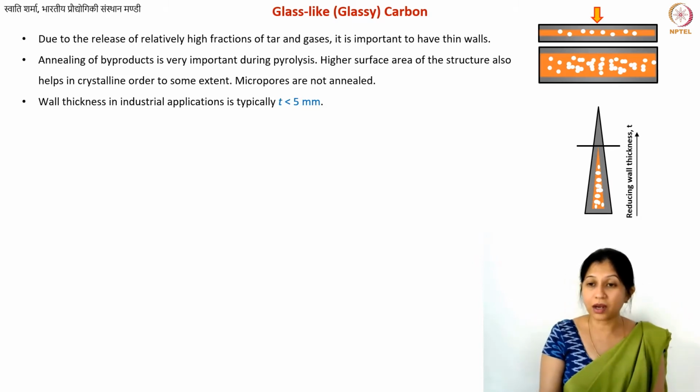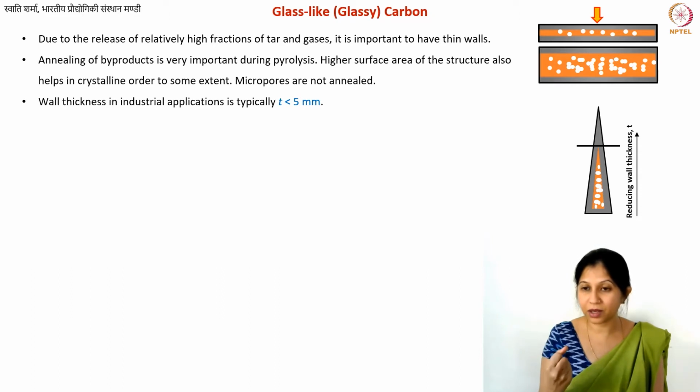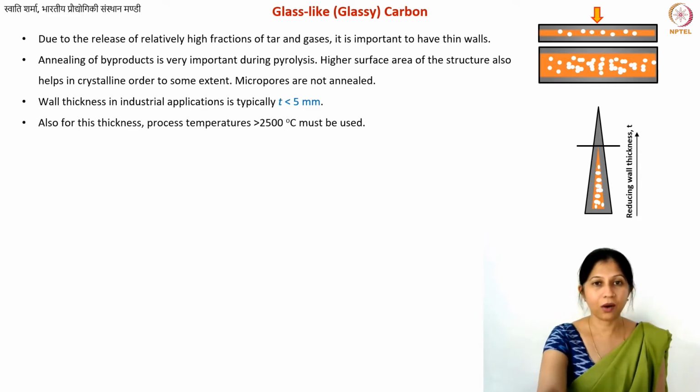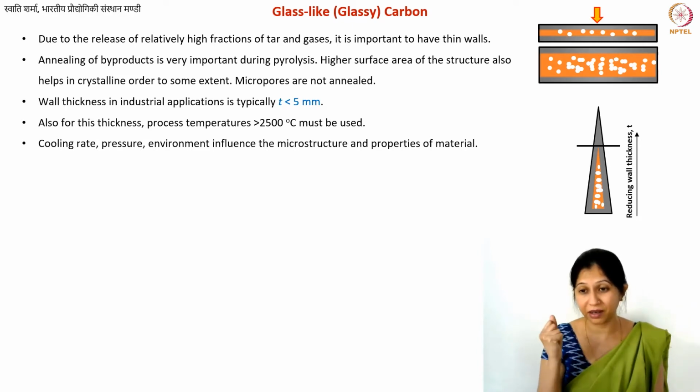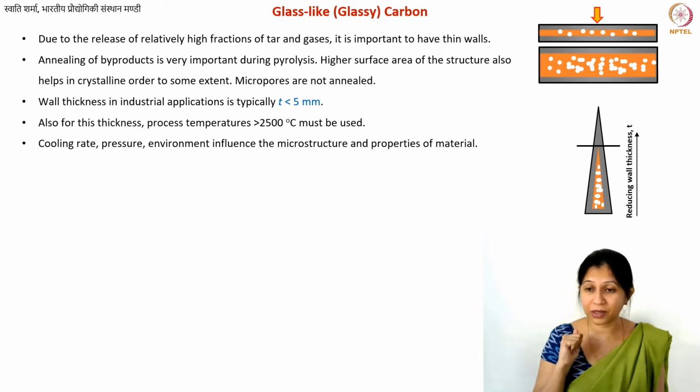Above that is also not impossible, but then you may have to do the heat treatment multiple times in order to get rid of the impurities from its core. Okay. So industrially, about 2500 is always used. Now there are also some other parameters. For example, it's not just the rate of heating, but it's also the rate of cooling that makes a difference to the properties. There are many factors that can make minor differences to the structure of your glassy carbon, or the microstructure.